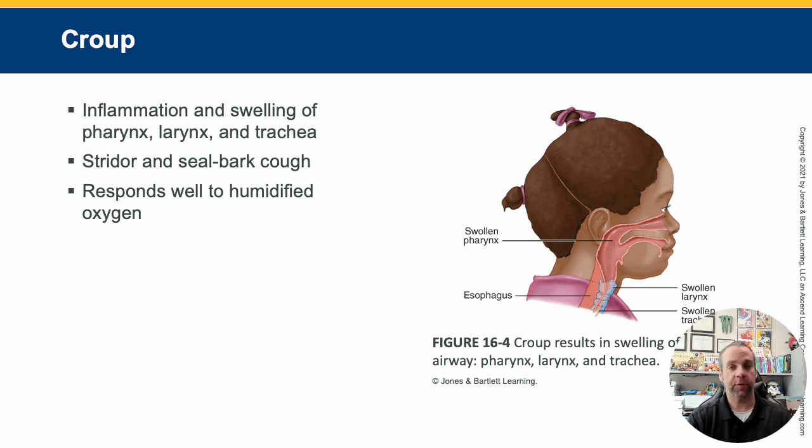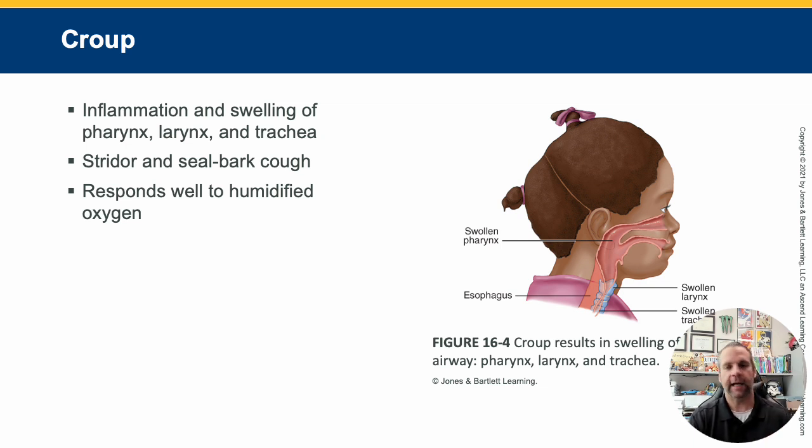So let's start with croup. Now croup is a classic upper airway illness that primarily affects young children, usually between the age of 6 months and 3 years of age. It's caused by a viral infection that leads to inflammation and swelling of the pharynx, the larynx, and the